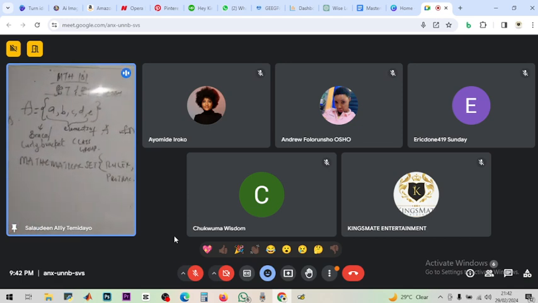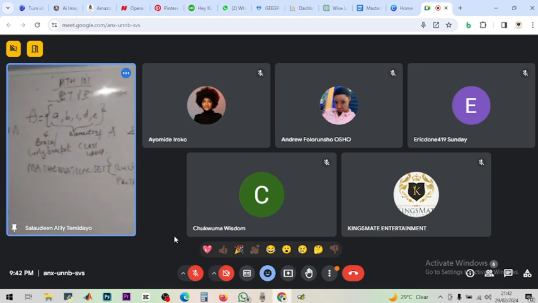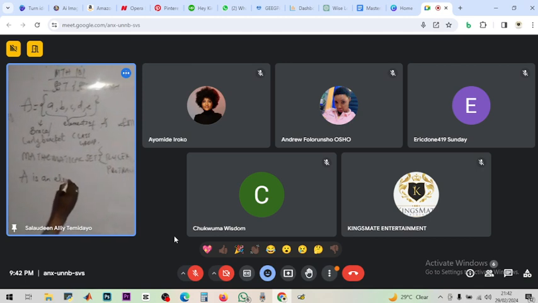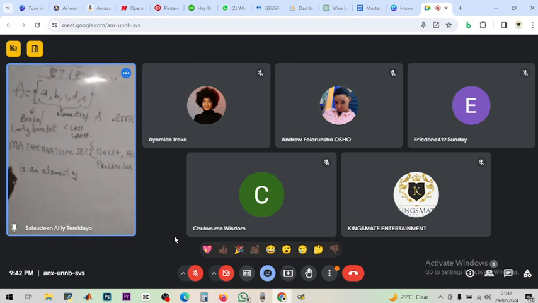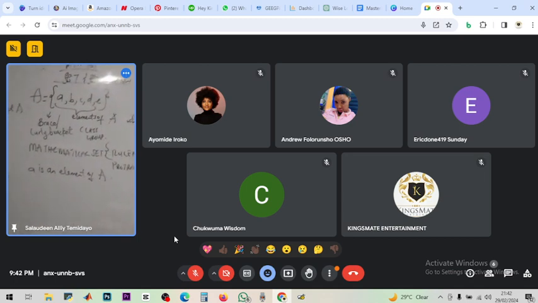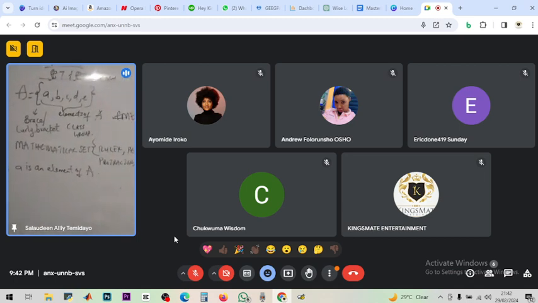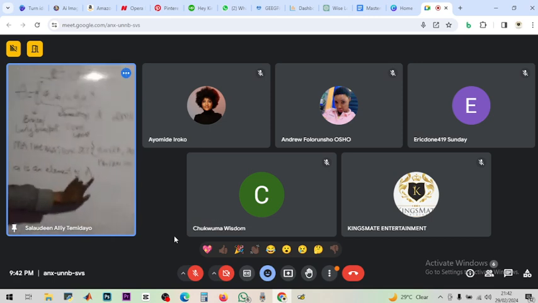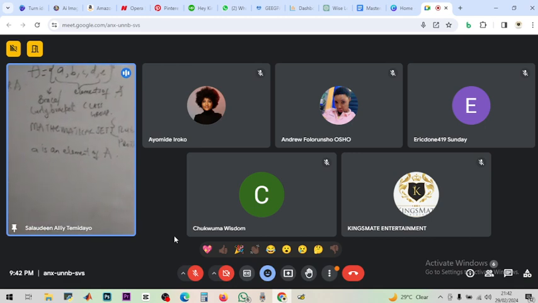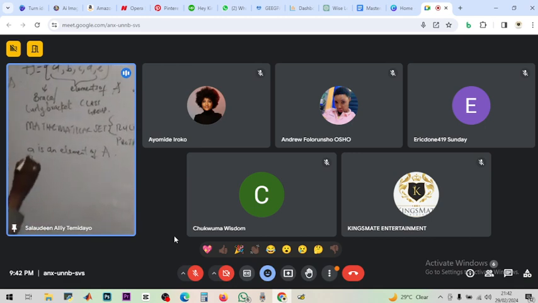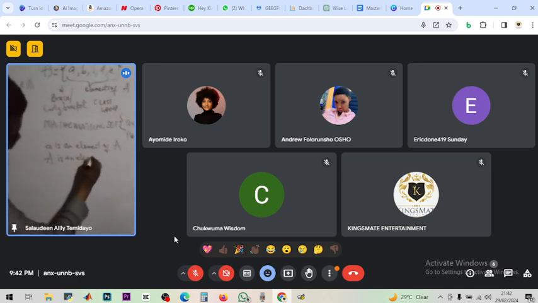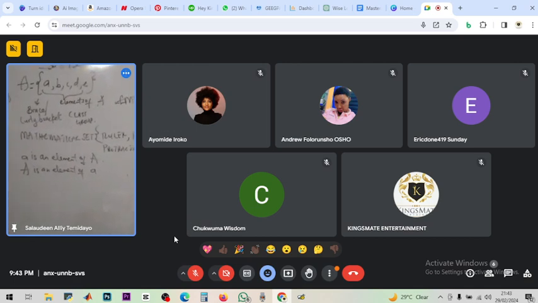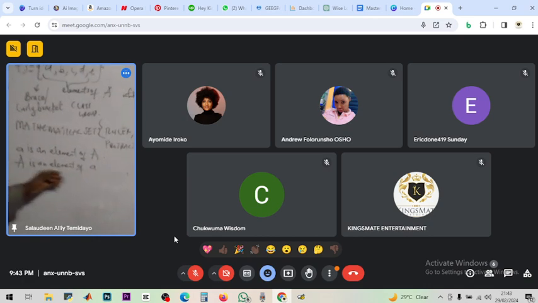Now in set, we don't write too much. We do most things with symbols. So now look, I'm going to write: small letter a is an element of A. This is a correct statement. Since this is small letter a, we can say it is a correct statement because the element will be in lowercase while the set itself will be in uppercase. So now I'm going to ask you, can I say A is an element of A? Can I say this? Is there anyone that can answer me?